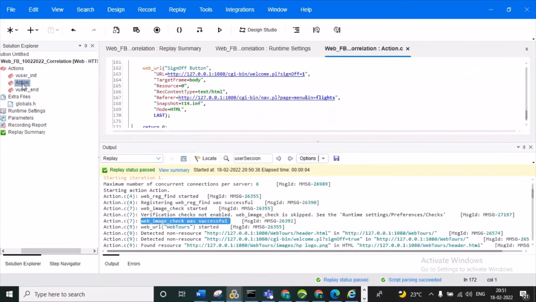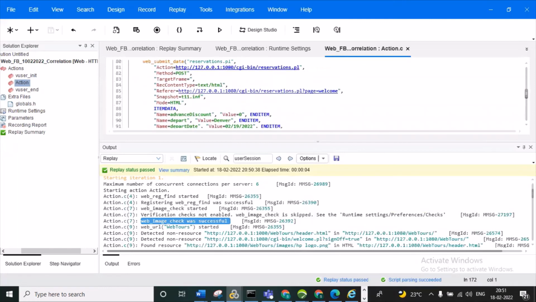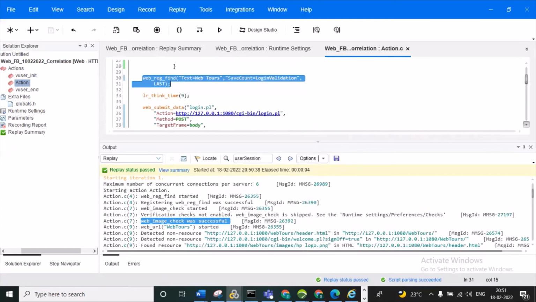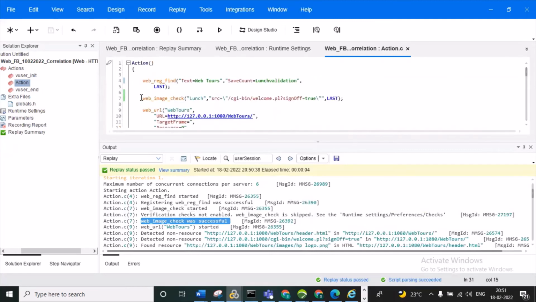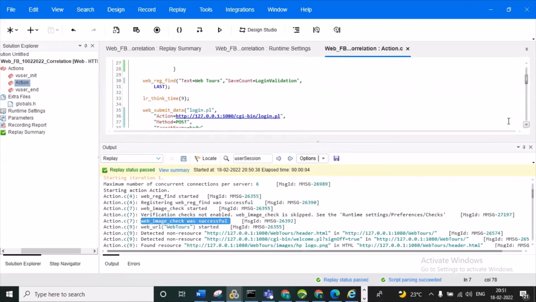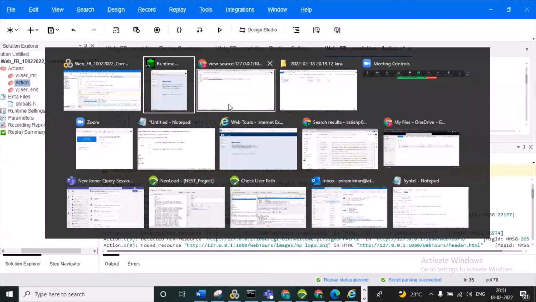Now we can give the same thing here, because we have not done the correlation, right? We need to check whether this fails or passes. You can copy the same thing, sorry, this is not web image, you need to copy. I'm copying, and we need to write the web image point for the above request. We need to write the above request argument. You can write it here, copy, and now go to that page.